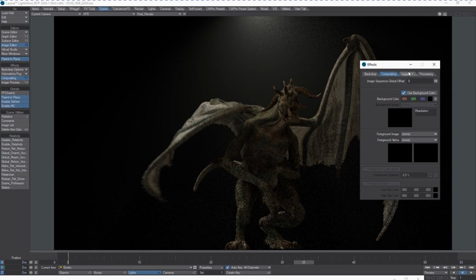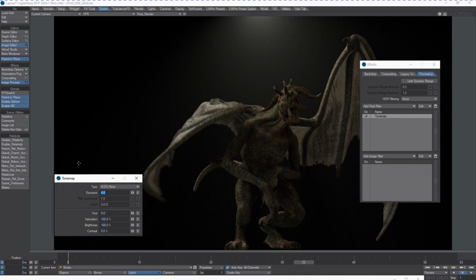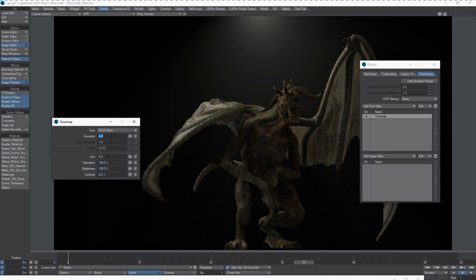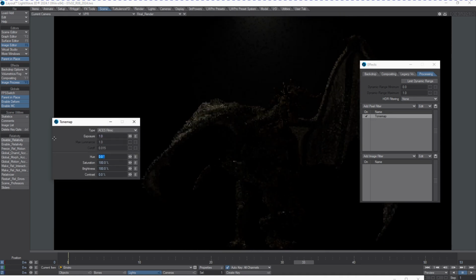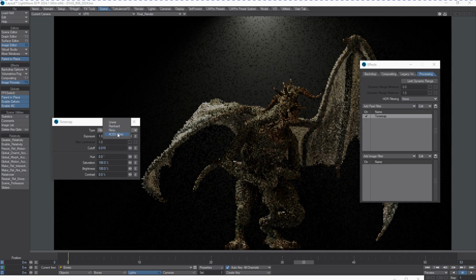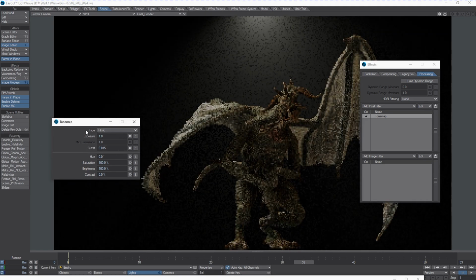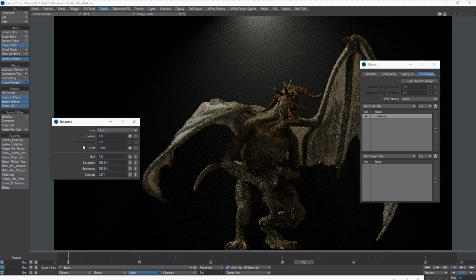One of the things that we did not have in previous versions of LightWave was, with VPR, a tone mapping system. This was introduced in 2018, and it is a tone mapping system that allows you to work effectively in real time based off of several different formulas for color. So you've got linear, Reinhard, filmic, and then ACES filmic. So if you want to mess around with this in real time and add some flavor to his color,